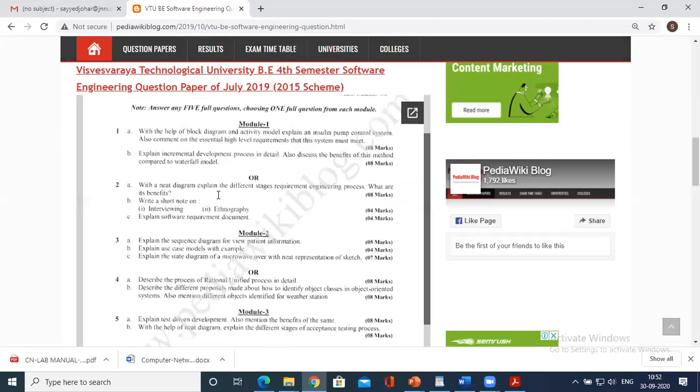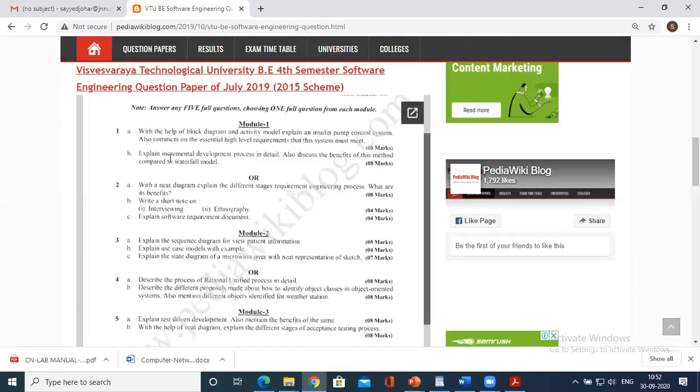In part B, once again, with a neat diagram, explain the different stages of the requirement engineering process. What are the benefits? Explain the software requirement document. We will cover this as well.